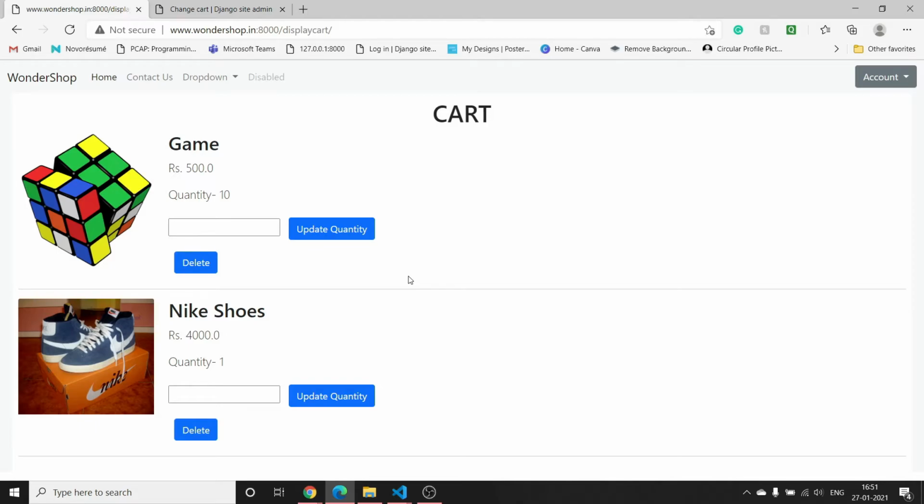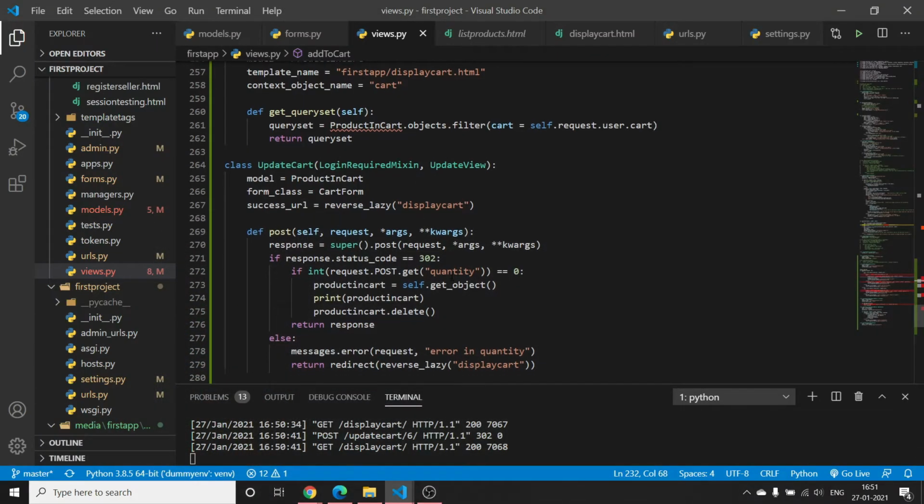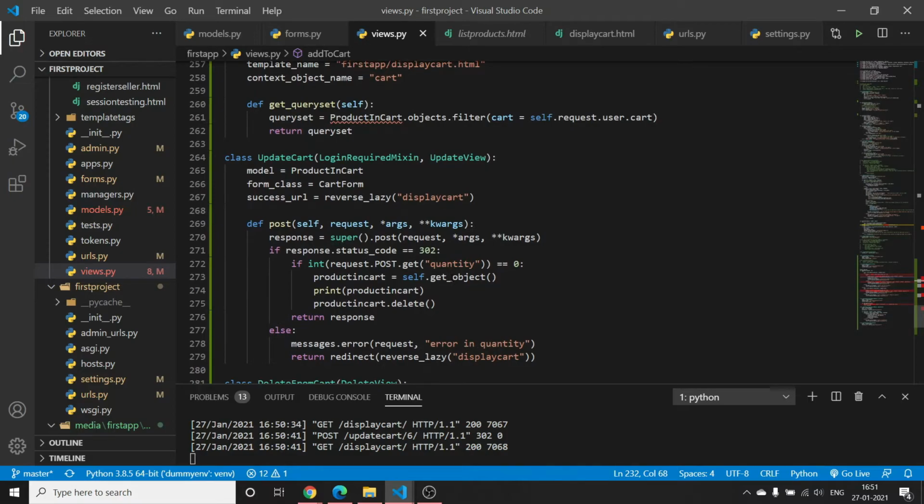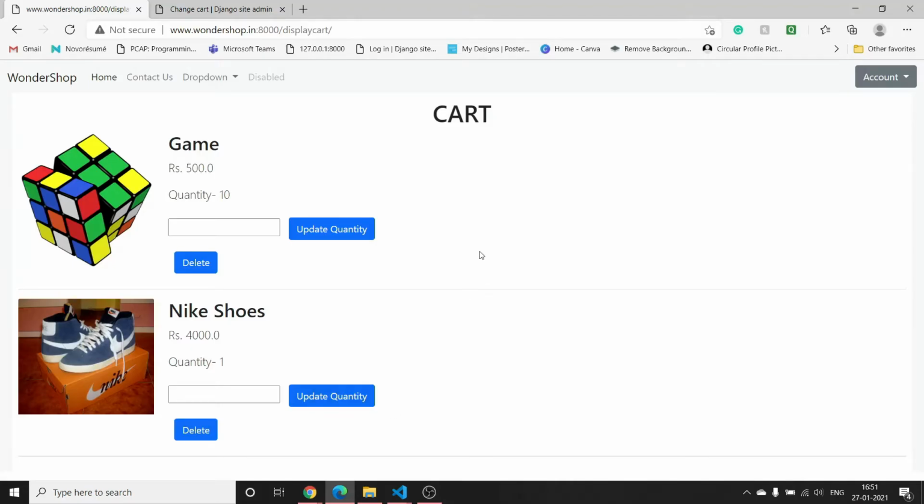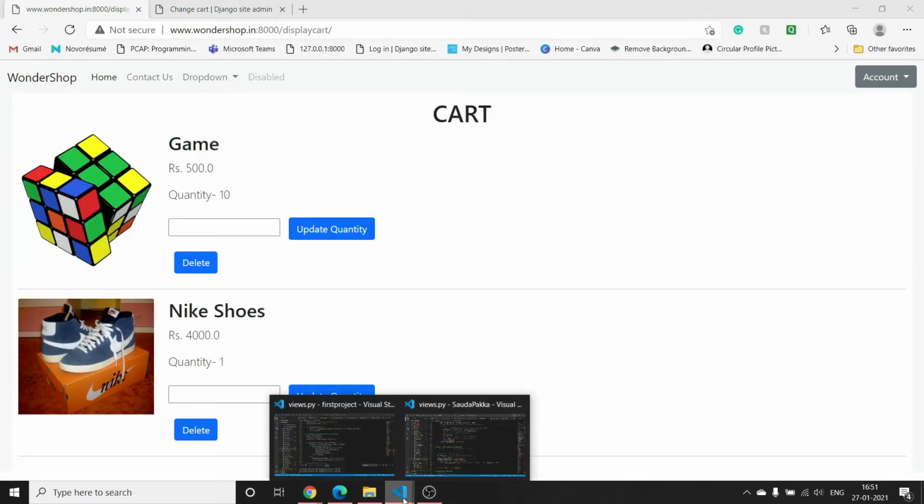What you can do is just use a simple function based view, extract the record from the database by mentioning the ID in the href of this button, uniquely identify that record, and then update the quantity field of that record. But I have used an UpdateView here to show you the implementation of the UpdateView, which can be used in complex situations. For that, I have mentioned a model here.